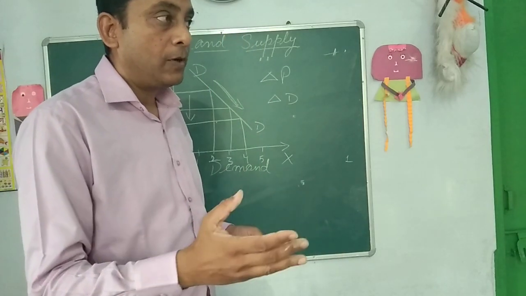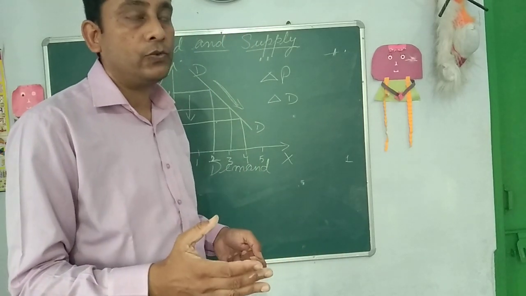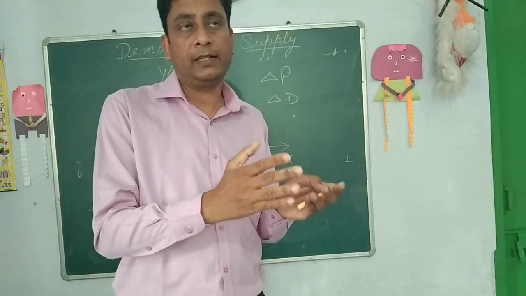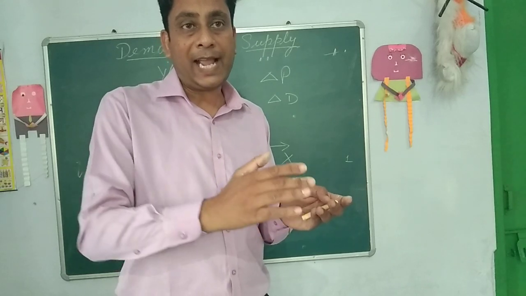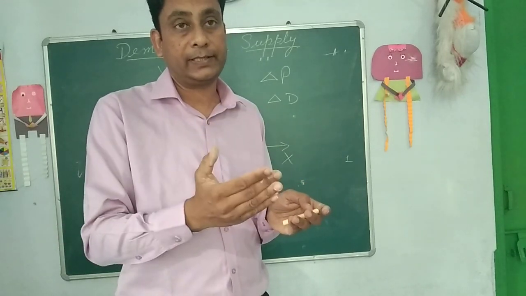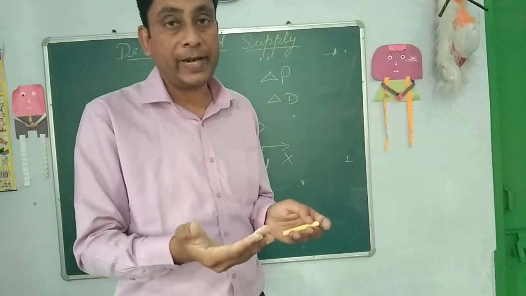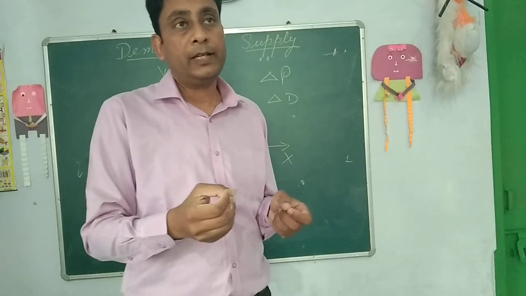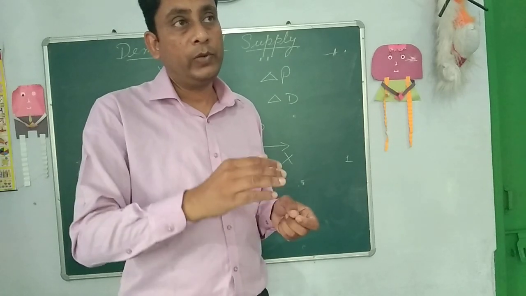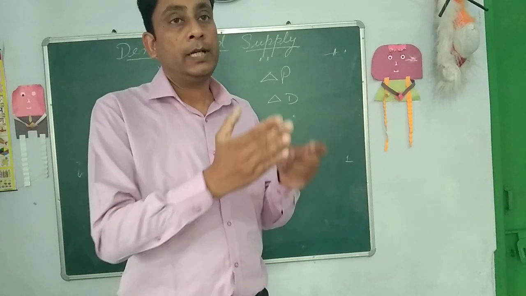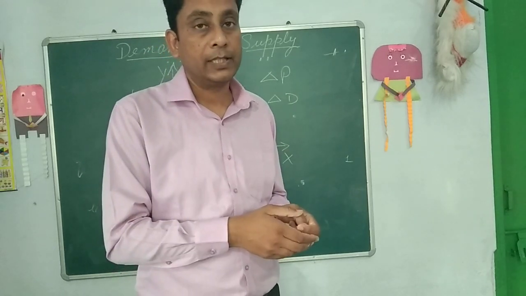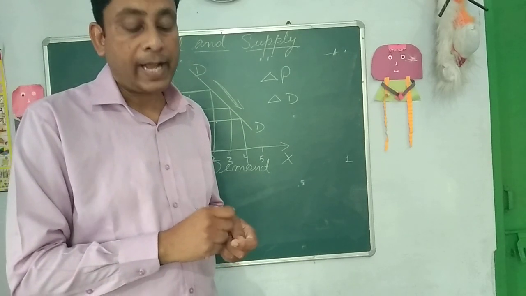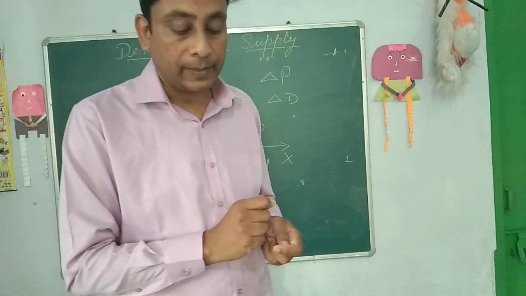If the income of any individual is, suppose, 10,000 rupees, he is purchasing a quantity of some units, but as his income increases due to an increment in his salary or his business income, the quantity which he is purchasing will also increase to adjust with his standard of living. So it has a positive relation between the quantity demanded and the consumer's income.